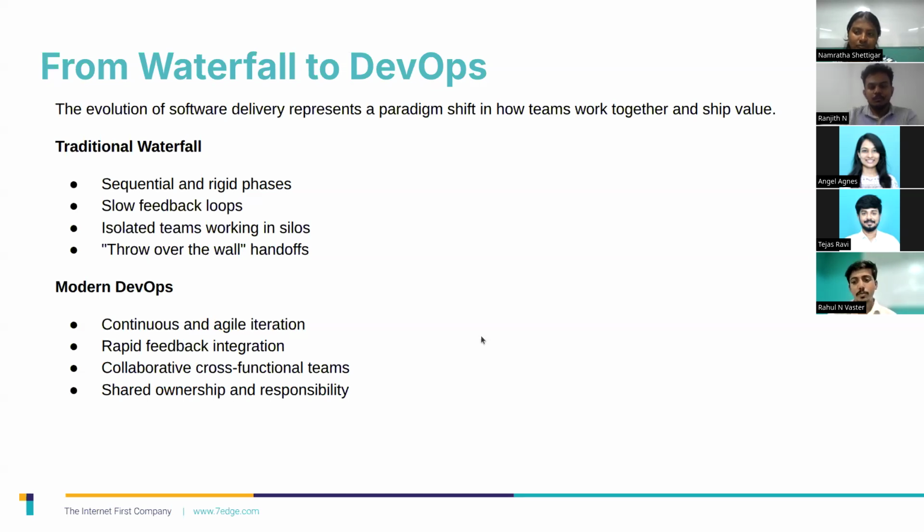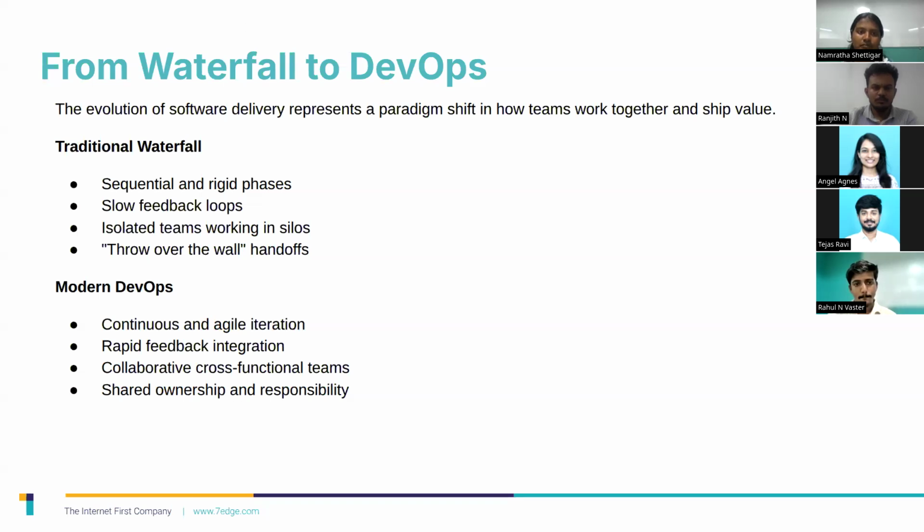That's where DevOps came in, to bridge the gap between development and operations. It emphasizes collaboration, automation, and continuous feedback, turning software delivery into a shared responsibility instead of a handoff. To sum up, DevOps is not about tools, it's about mindset, creating an environment where development and operations work together with a common goal: delivering reliable software faster.